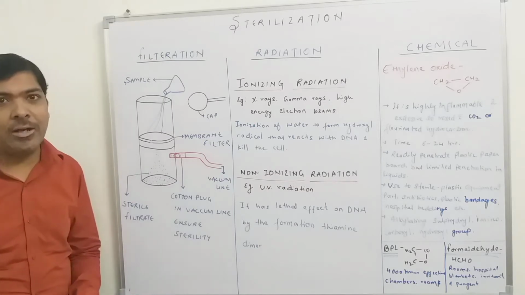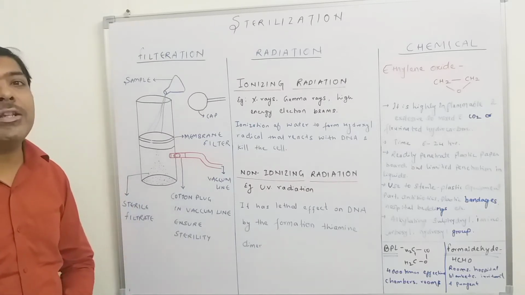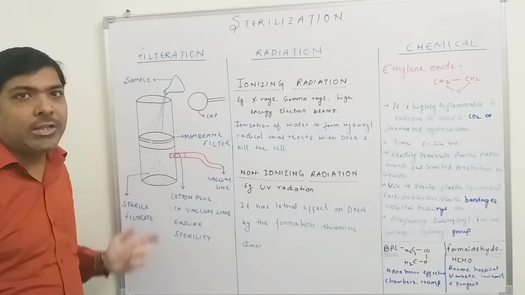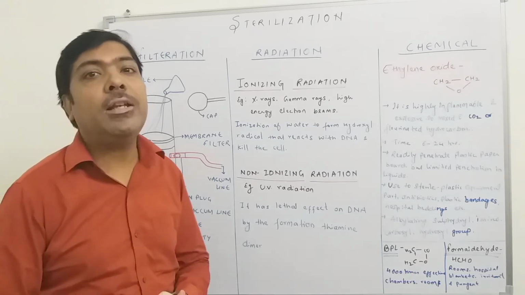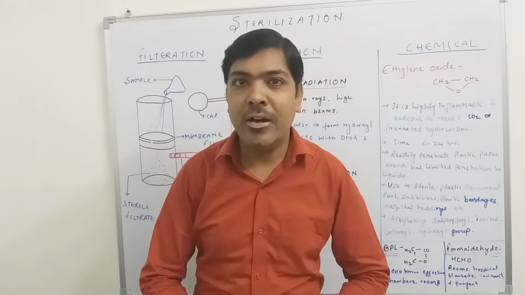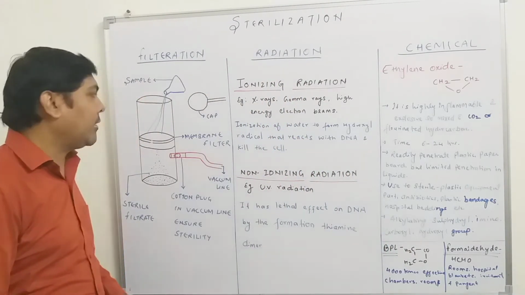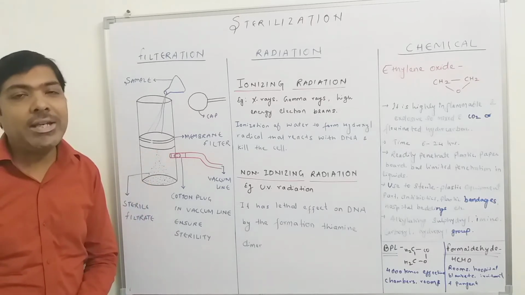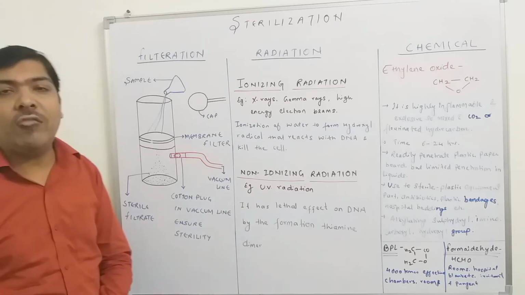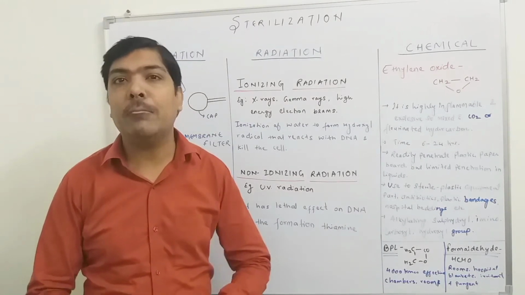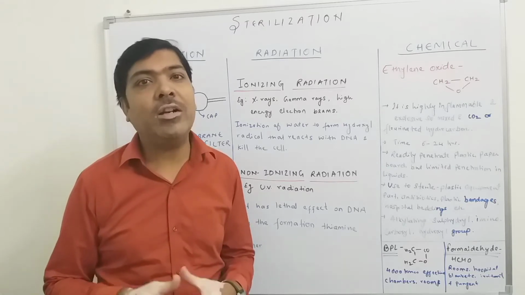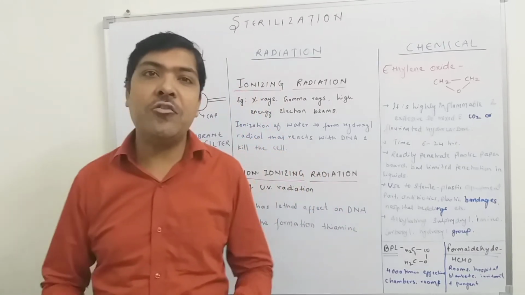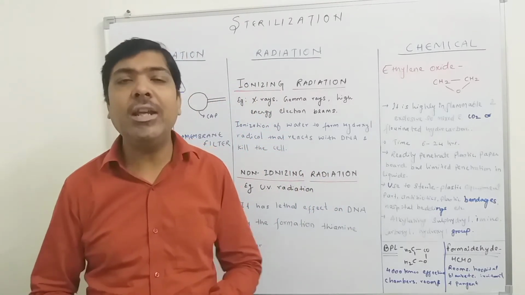As you can see in this diagram, this is compartment number 1, in which whatever material we have to sterilize is poured, and compartment number 2 is basically the recovery compartment, in which the material can easily be recovered after sterilization. Between these two compartments, there is a membrane filter assembly. We have to put the membrane filter in between compartment number 1 and compartment number 2, so that these membrane filters have such a pore size that does not permit the entry of any microorganism or any bacteria.